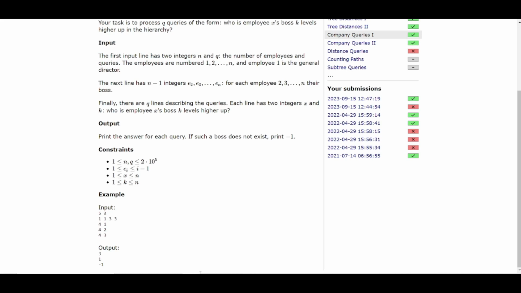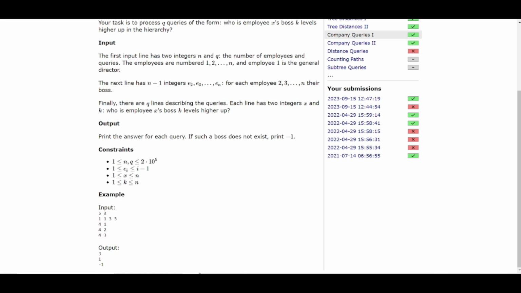Then we have n minus 1 space separated integers, which represent the boss for each employee starting from employee number 2 till employee number n. Like here in this case we have 1 1 3 3. That means for node number 2 and node number 3 the boss is node number 1, and